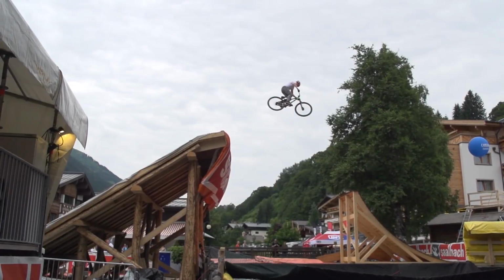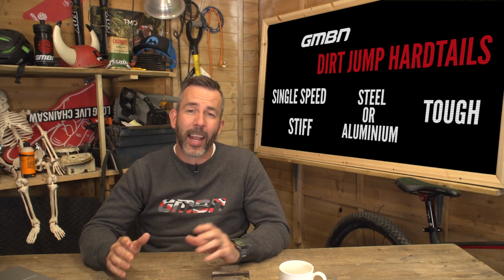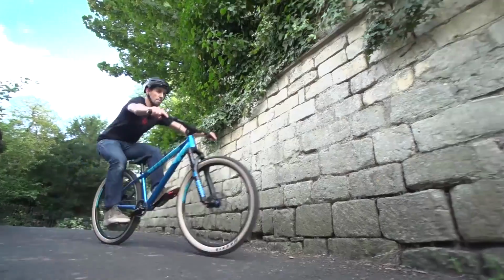The jump bike keeps things simple. It's single speed and just a rear brake. They're really tough, so they can take the beatings on those heavy landings, super stiff, so you get a great transition on those takeoffs. Frame materials, usually steel or aluminium,